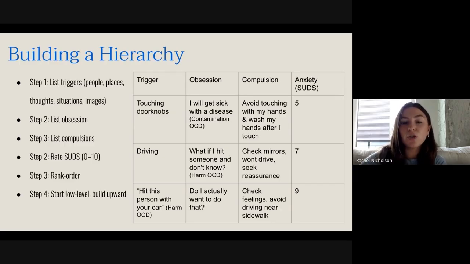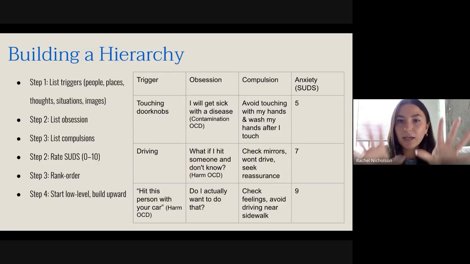And then you want to rate the level of anxiety that they feel. Normally, you can rate this from 0 to 100. I have found that a lot of my clients, that actually causes them anxiety to do, and it can sometimes take a long time to get through the hierarchy to give them that big of a jump. So I just give it 0 to 10. Like 10 being the highest level of anxiety you feel, 0, you're feeling nothing. So having them rate it,